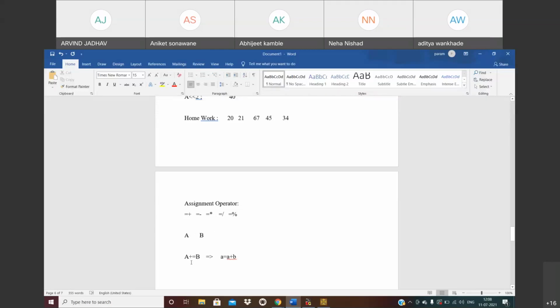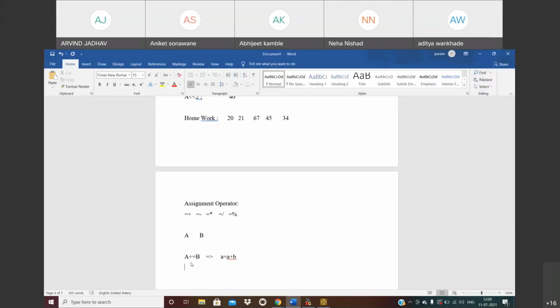Earlier, whenever we performed addition or subtraction, we took another variable and stored the result into that variable. But whenever we use the assignment operator, the result will always be stored in the first variable.